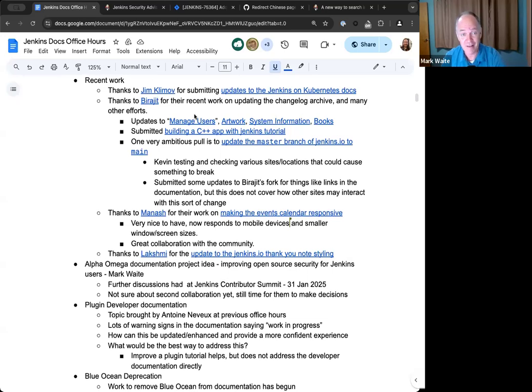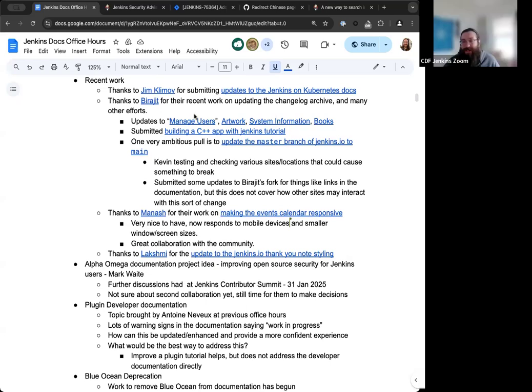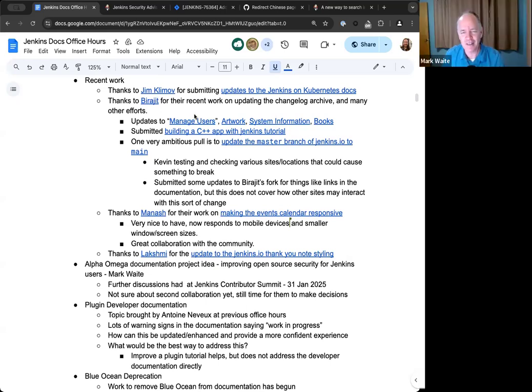Jim attended the Jenkins Contributor Summit on the 31st of January in Brussels. I got to see Jim face to face. It was a treat. That's awesome. I'm glad to hear he was there. I didn't realize he was. By the way, I think he goes by Jim, but his actual name is Evgeny, I believe. That last name hints I believe he's from the Czech Republic. And it was great to have Jim there.